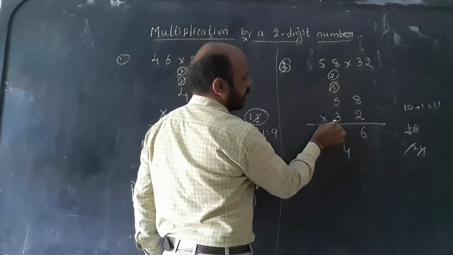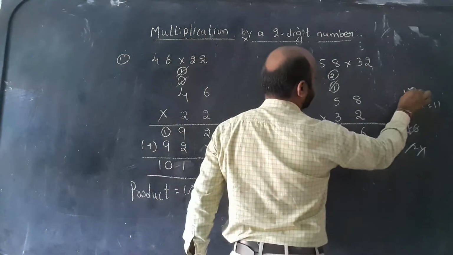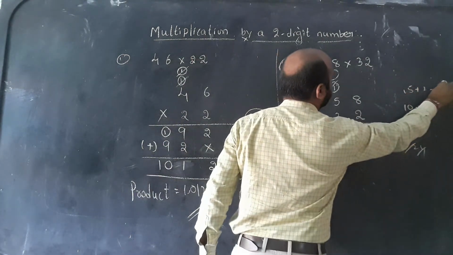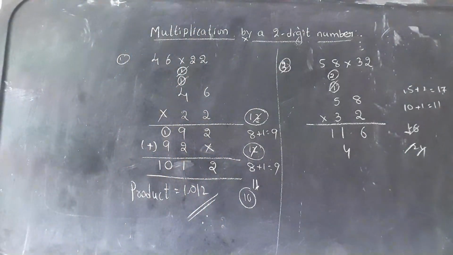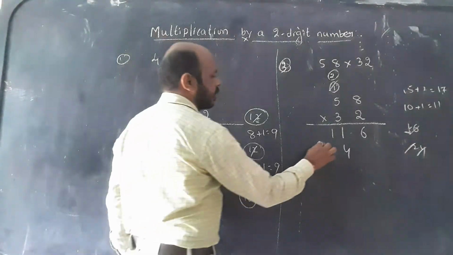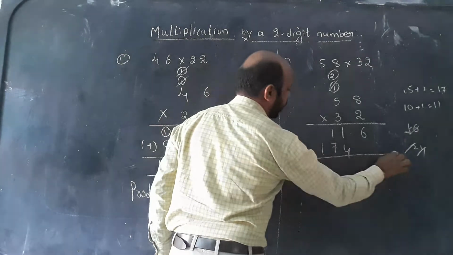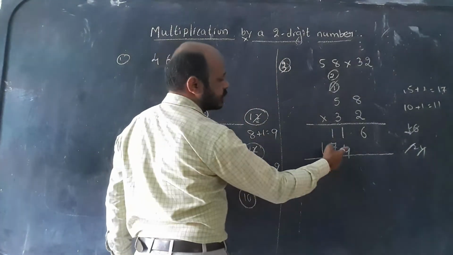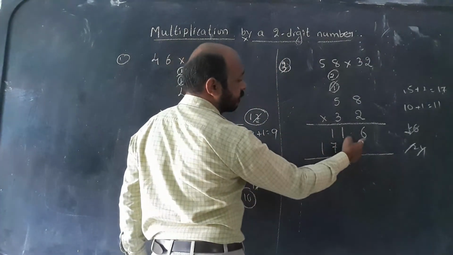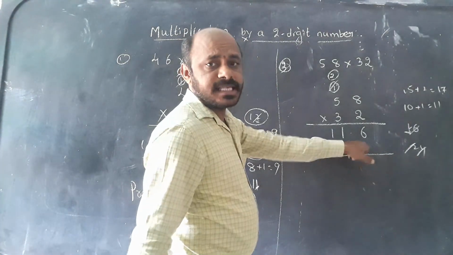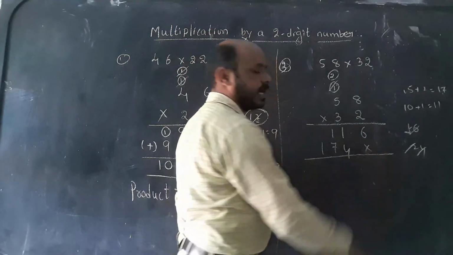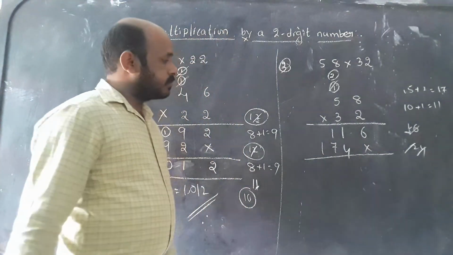Then here 5 3s are 15 we got. With 15, carry 2 is there. 15 plus 2 is 17. Okay children, 15 plus 2 is 17. Now 17 we directly write here because the before number is not there. See, I told you to arrange the numbers wise. Here, where the ones place is completed, we can keep 0 or a multiplication symbol.